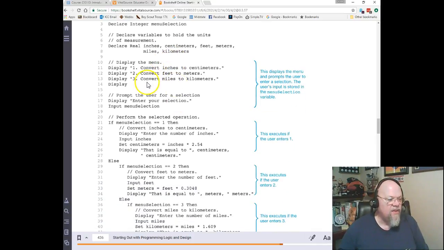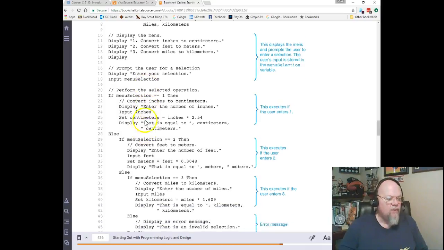Again, this is what the pseudocode would look like. So here we declare all of the variables. We display the number 1 menu selection, number 2 menu selection, number 3, we display a blank line. We display enter your selection. We then, again, that's an integer data type that we collect, and we display